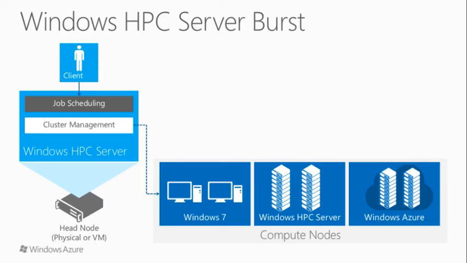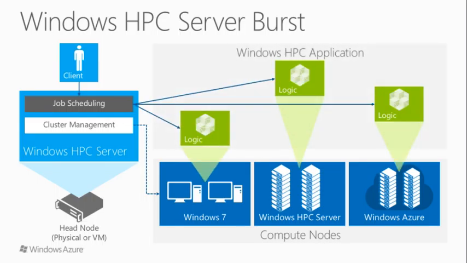So with the Windows HPC Server, you can also take that head node and leave it on premise. So you can do that as well. It's very flexible. But it's the same problem. You have to know how to do administration on a Windows server. Then you are allowed to add nodes that are local machines. So for example, there are actually companies that run this on their desktops, and you can also add Windows servers which support InfiniBand, and then you can add Windows Azure nodes, so these are the platform as a service nodes that you can add to it.